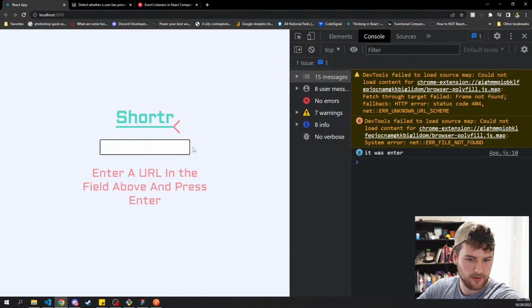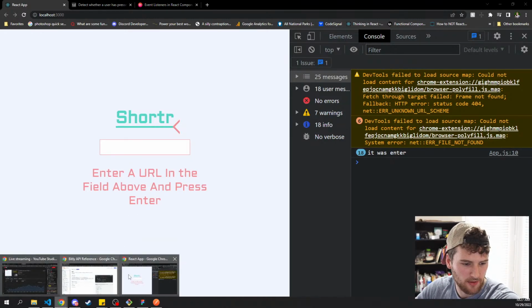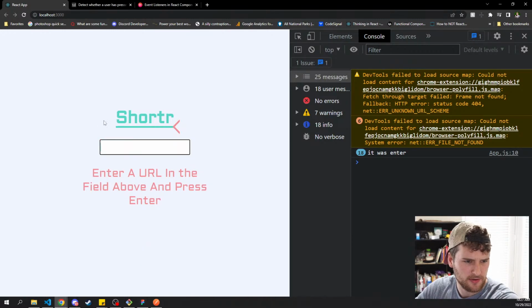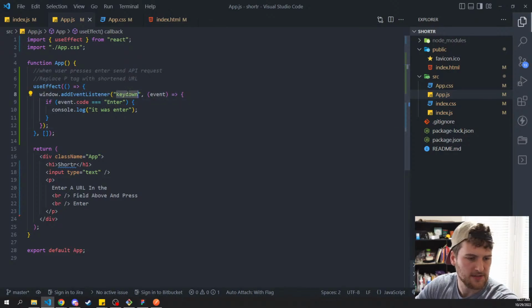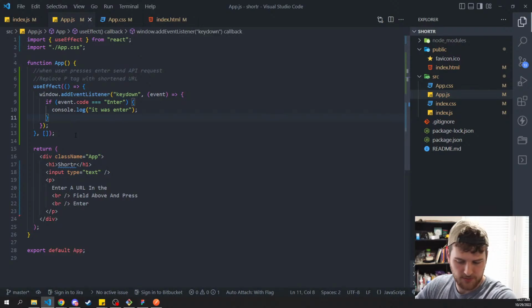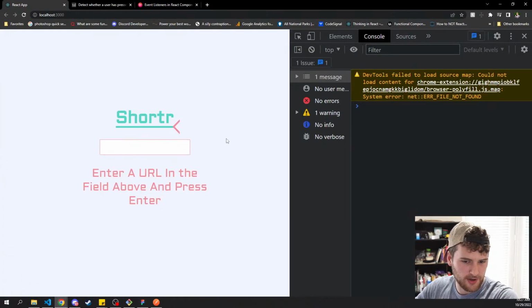Cool. It's running twice. I need to check if key down or key up. Key down, right? Or which one's, I forget which one's better to check. If event code, key down. Why is that firing twice? Is that event listener added twice for some reason? Was it rendered twice? Because we don't want to send that API request twice, right? So if we click here,